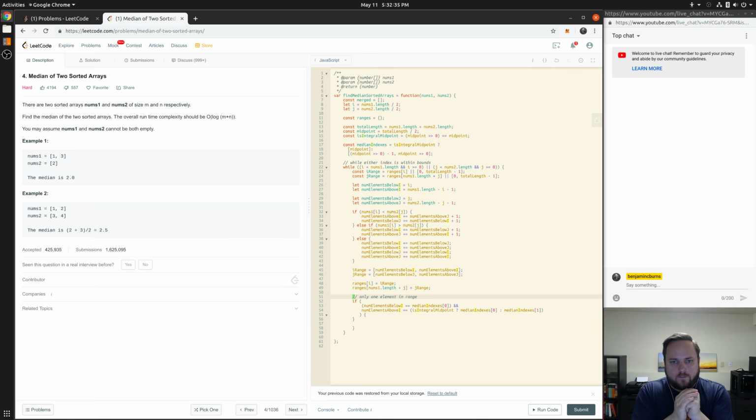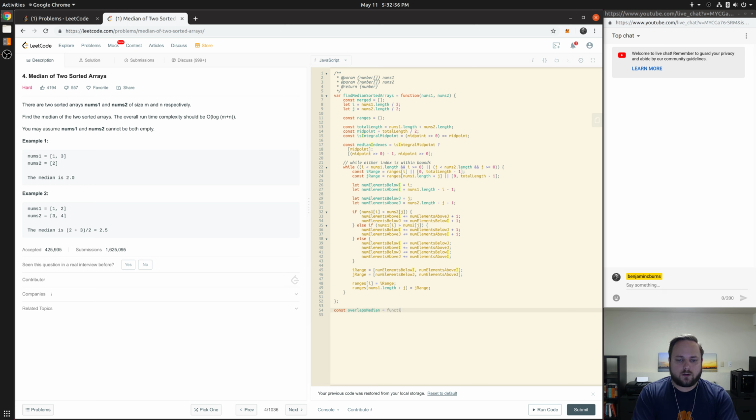Have I narrowed down my I or my J to be my median? So I need to do something like overlaps median. Yeah, let me break this out. This is a horrible misstart, but